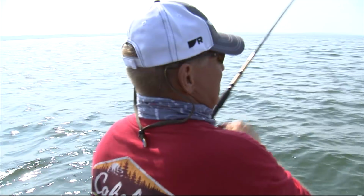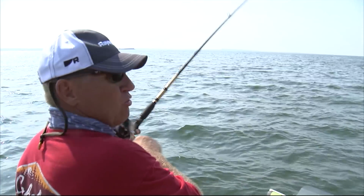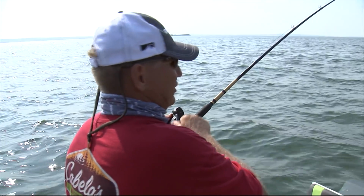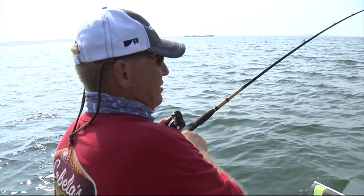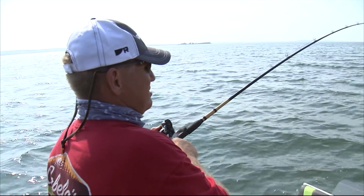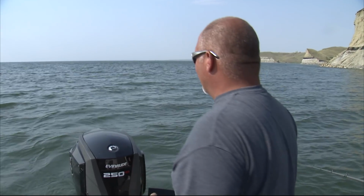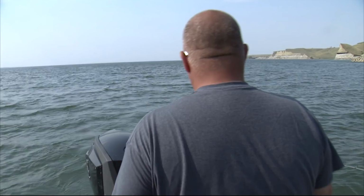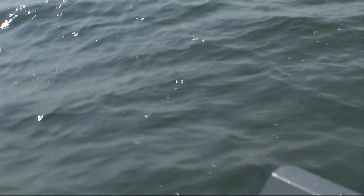crankbait thing? And the other thing is electronics. We know these fish are here because we can see them, so you're not fishing blindly. You're fishing where you know there's some fish around. You know what's fun is we came out here with a plan, but we had an alternate plan. If this wasn't working, we had another plan B. Yep. And we haven't seen plan B yet. We might not see plan B today. No. Here he is. He's not a monster, but